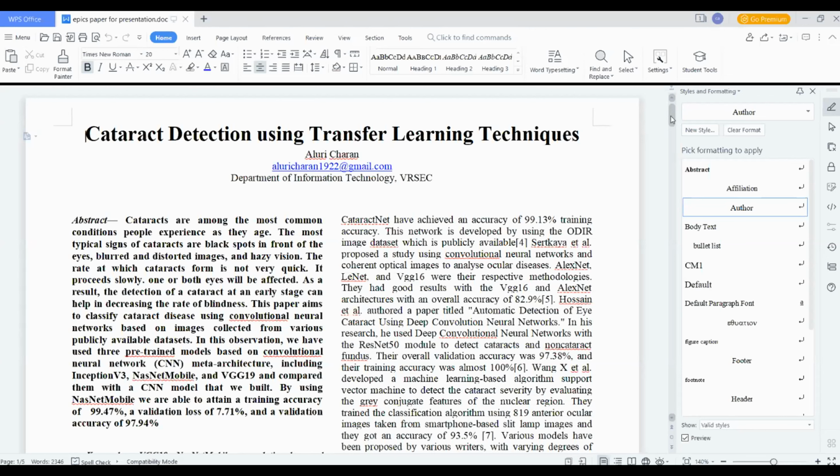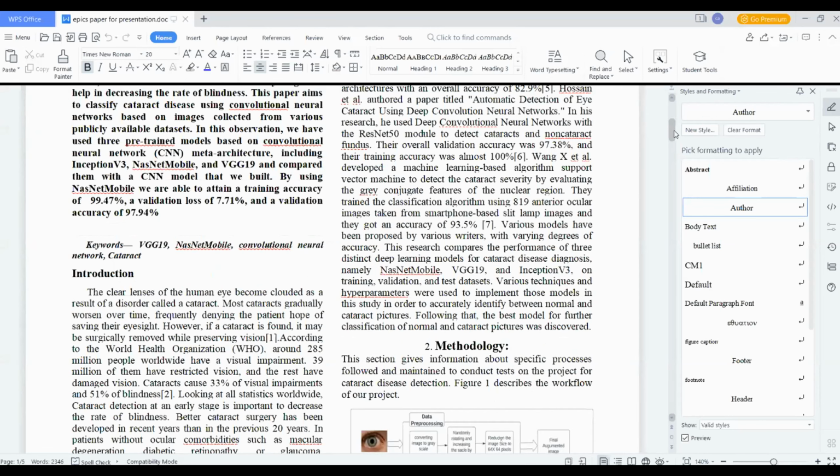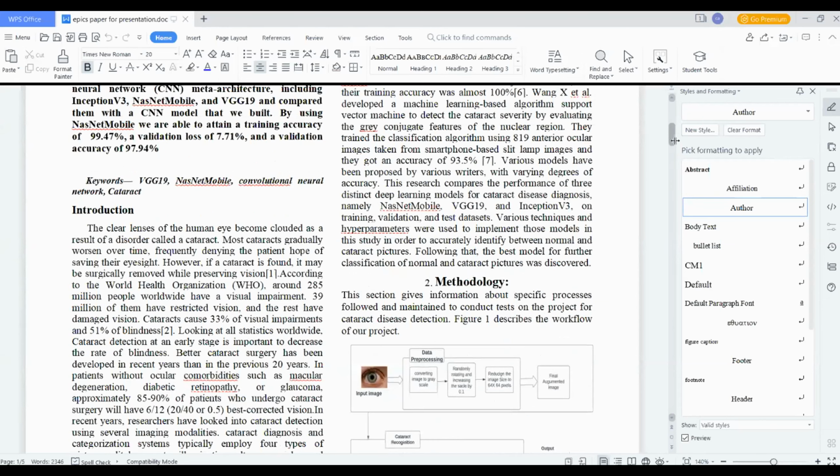If you can see in the figure, this is the complete system methodology. First we take the input eye image and convert it into a grayscale image, and then we randomly rotate that image by a factor of 0.1, and then we reduce the image to 64